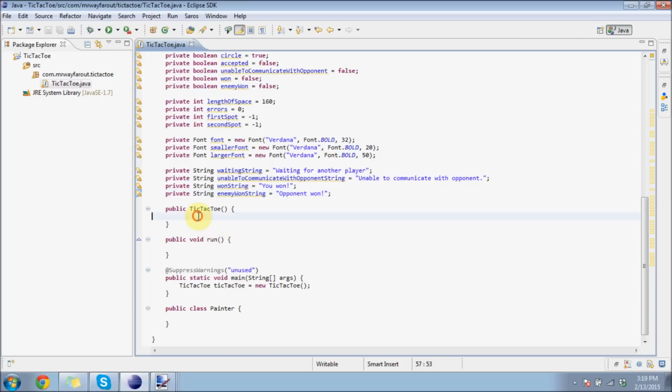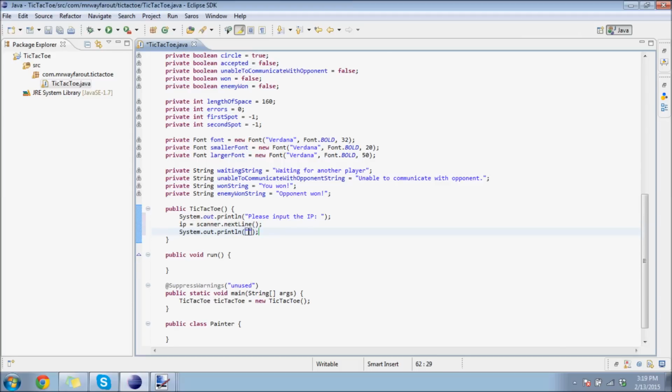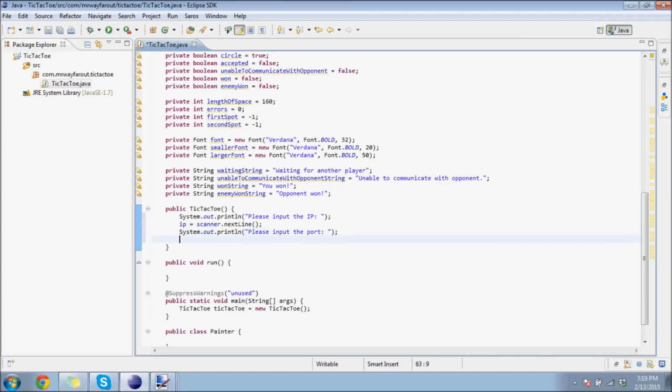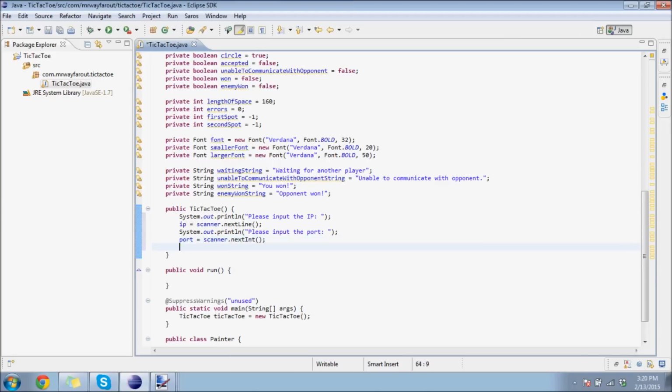So now in our tic-tac-toe program, we are going to system.out.println "Please input the IP", and here we will use our scanner, and we will say that IP is equal to scanner.nextLine. Then we will system.out.println "Please input the port", and then we will do port equals scanner.nextInt. And then I want to create a while loop here and say while the port is less than 1 or the port is greater than